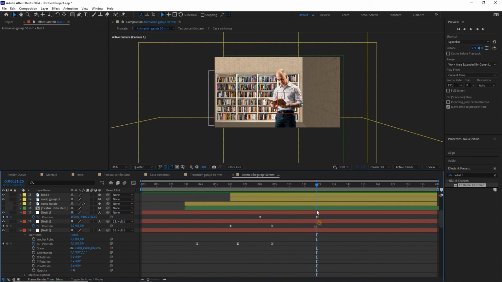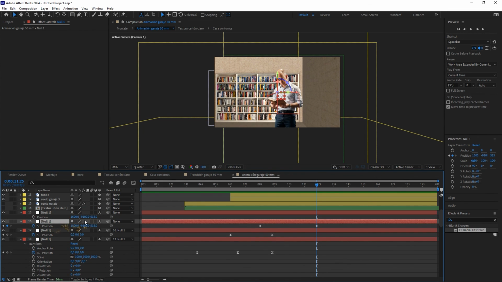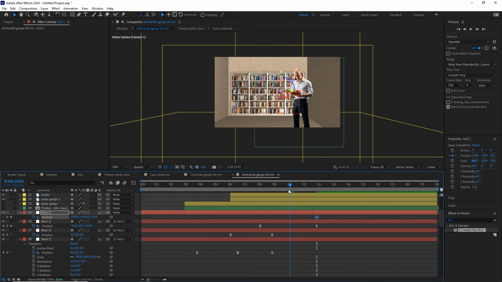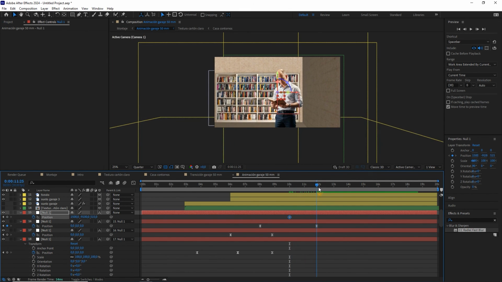We put ourselves again here in the last keyframe, Control D, and we delete these. We connect the old one to the new one and mark another keyframe in position, and we are going to put ourselves in the second 10. There. We delay the keyframe and advance. Now we go to